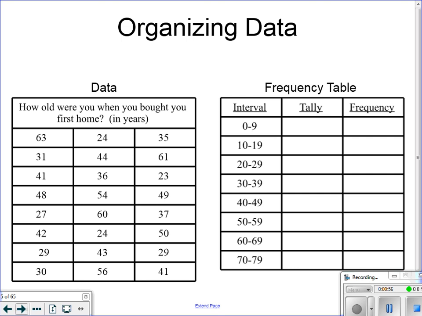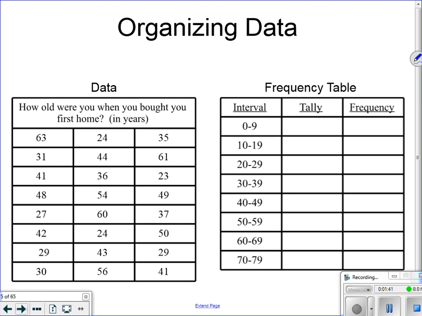What we want to do is organize this a little better, so we're going to put it in a frequency table. And what I do in a frequency table is I'm just going to organize this in groups of 10s here. So 0 to 9, 10 to 19, 20 to 29. And I'm just going to tally those and count them up. So for example, in the 0 to 9 column, that would be single digits. Well, if you look at our table, there's nobody in the single digits when they bought their first home. 10 to 19, again, if you look there, there's nobody in the 10 to 19 range when they bought their first home. But in the 20 to 29,